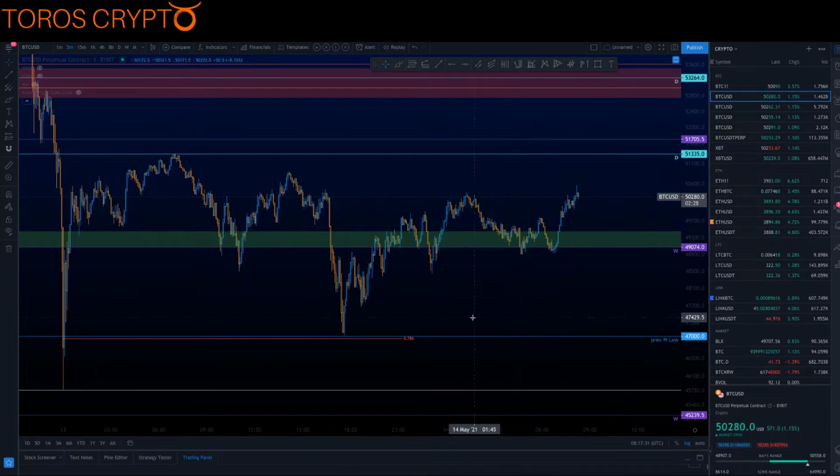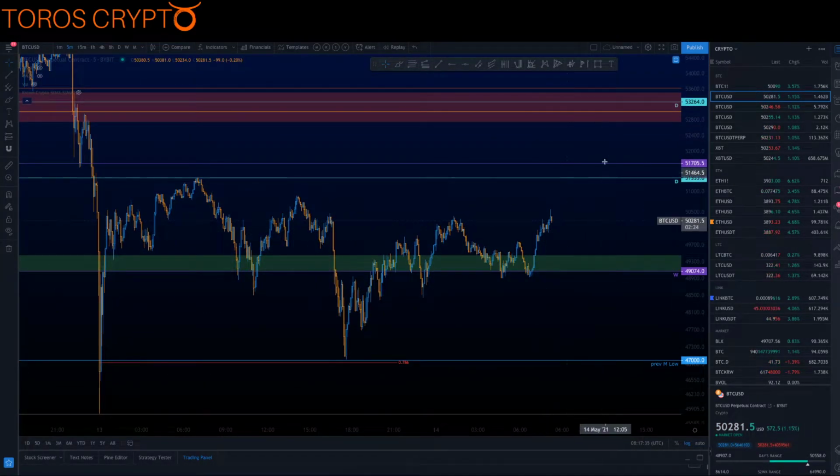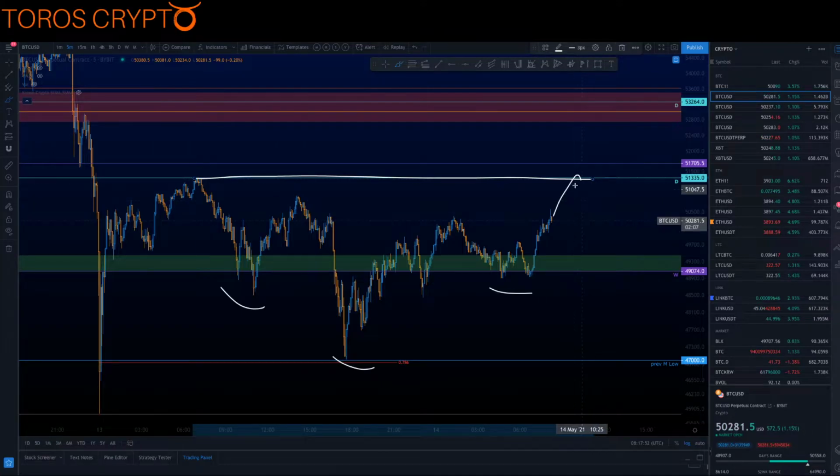Cool. Anyway, longer term picture for the rest of the day. I do think we see a move up here into the 51,500 area. I think that is a key area still. What would again be quite nice is we do have this small inverse head and shoulders going on here. If we come up to here, then it will almost make this neckline a bit better, and we can